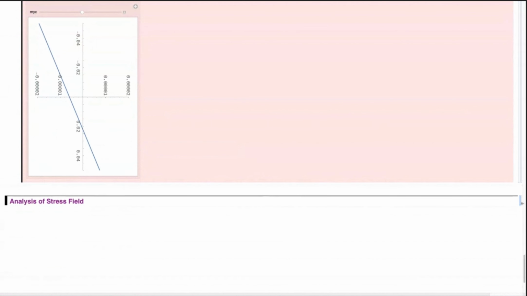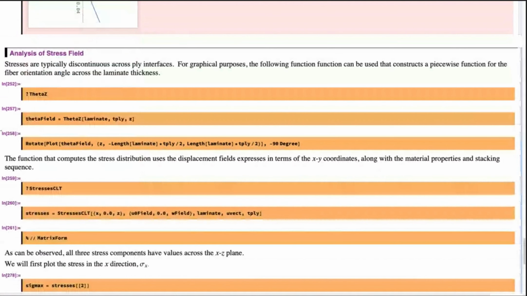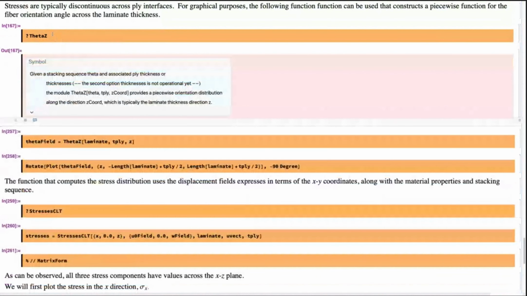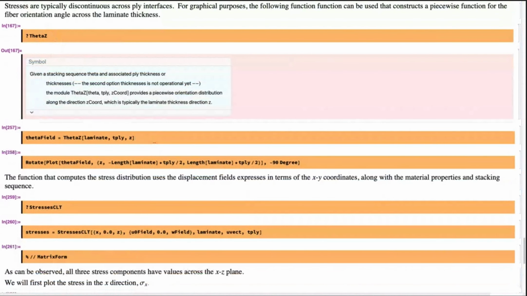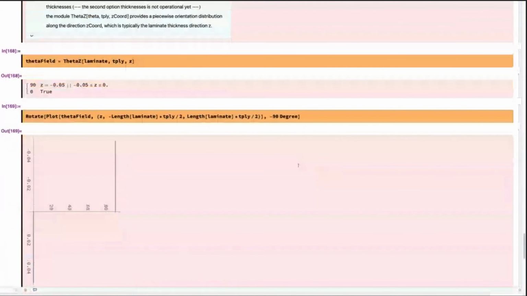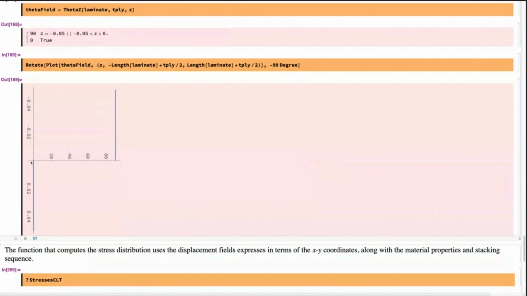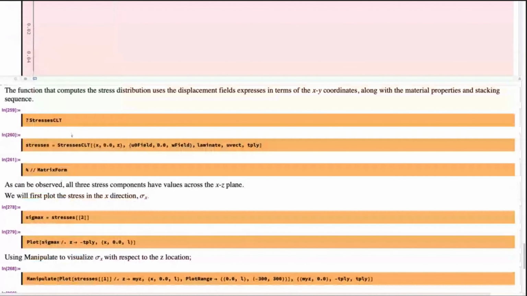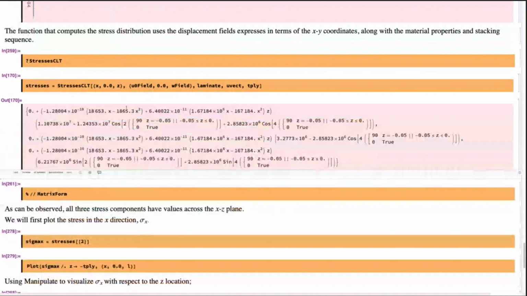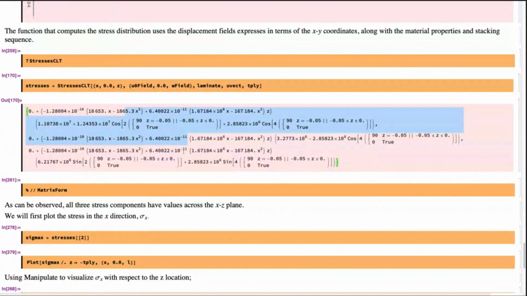It will do the same thing for stresses. You can actually look at the stresses as a function of theta z. This is my theta z coordinates. You can execute these yourself. It's a 90 degree and 0 degree layup. Half of it 90, half of it 0. And stress CLT computes the stresses as a function of z, but note that these are actually piecewise functions,